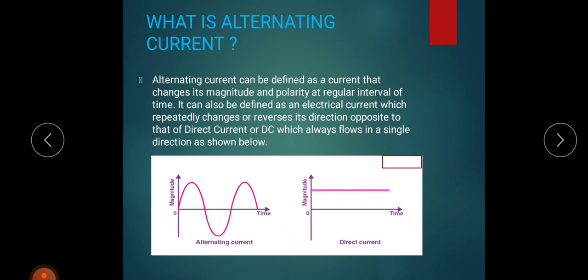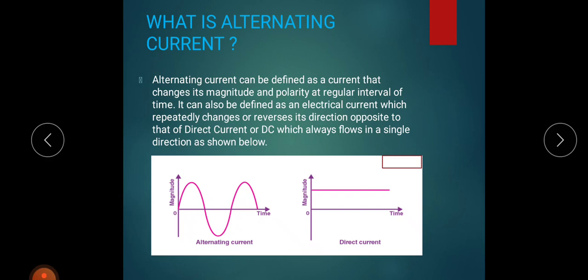So high voltages can be generated in alternating current. At the same time the voltage level can be decreased to some amount, which can be done by the alternating current. This is more difficult in direct current because here only a constant current or constant voltage can flow through the circuit. Because of this high voltage that can be generated, AC can be transmitted over long distances. This is the main advantage of the alternating current as compared to the direct current.